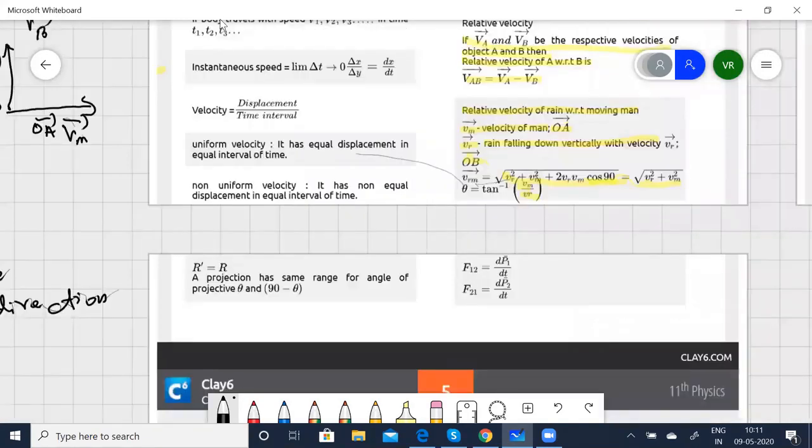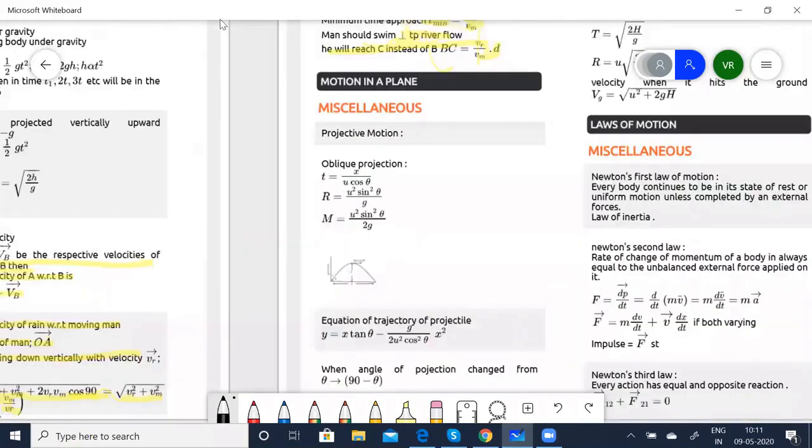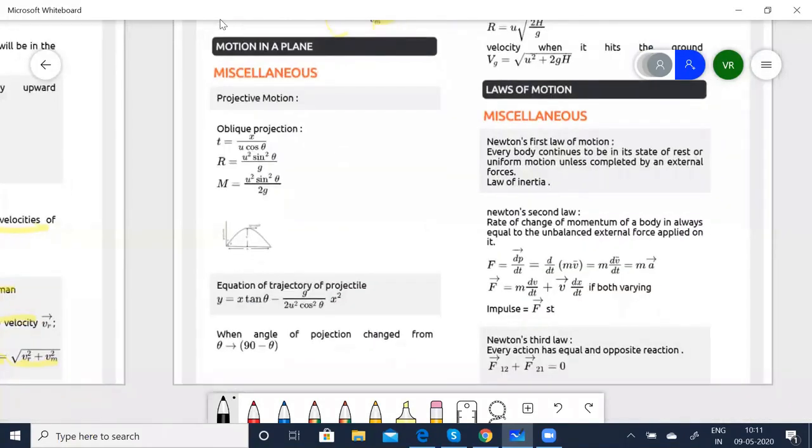Here it is. Projectile motion. Yesterday we were talking about this projectile motion. I told you how an object is going to experience a free fall. Whenever it is under the influence of free fall, it is under the influence of acceleration due to gravity. So we can recall that here. You have to remember the formula. Let me explain that to you.